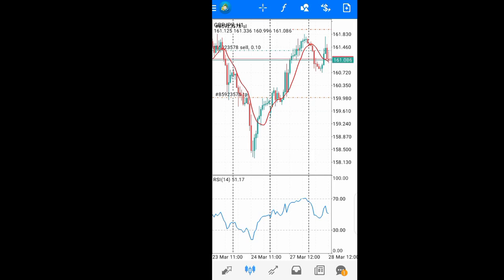So if I had entered this trade at the point of that analysis, when we saw the price just at this point, then by now we would have still been in negative. But right now, we're already in positive